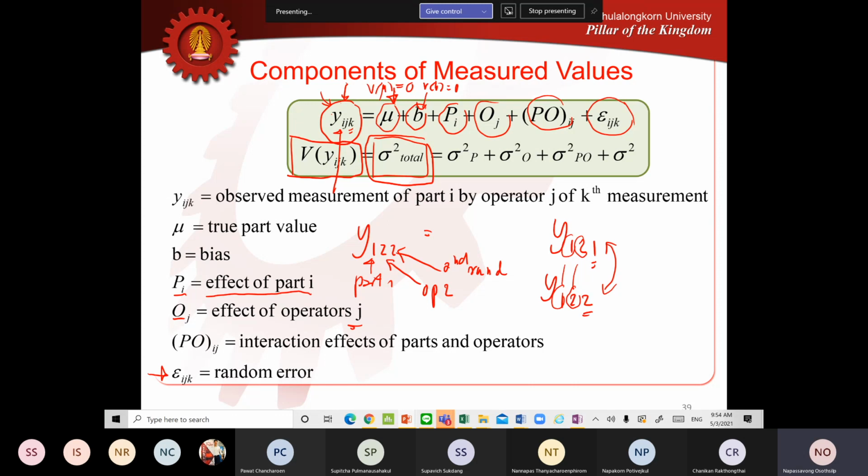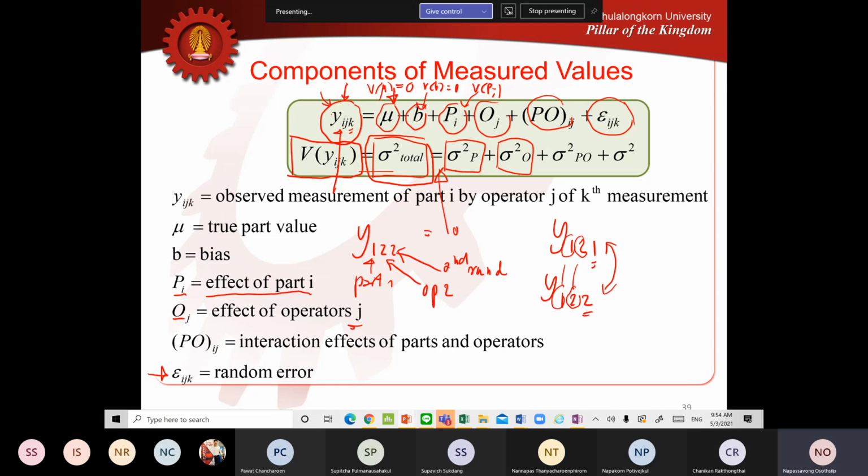So the next part is the variation of the parts. Since different parts have different dimensions, there will be variation among the parts. You will see that the variation of mu and bias b is not in the model because it's 0. So the variation starts with the variation among the parts, and also the variation total